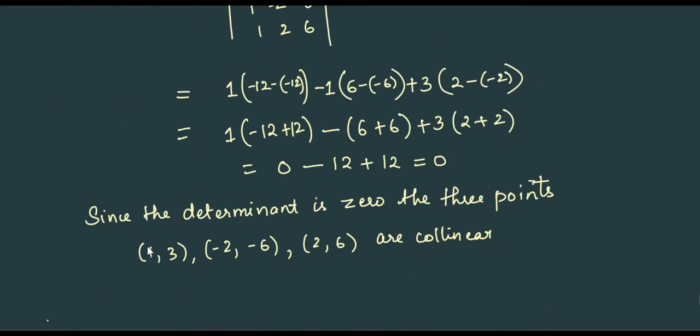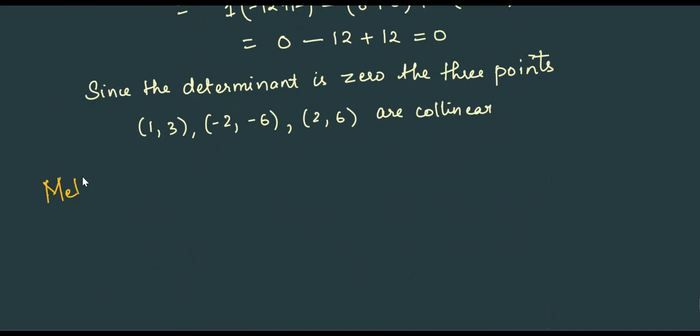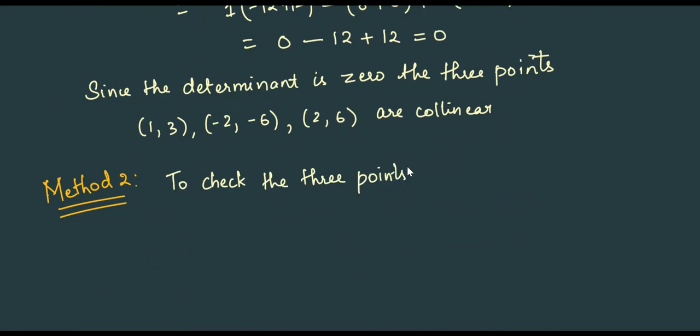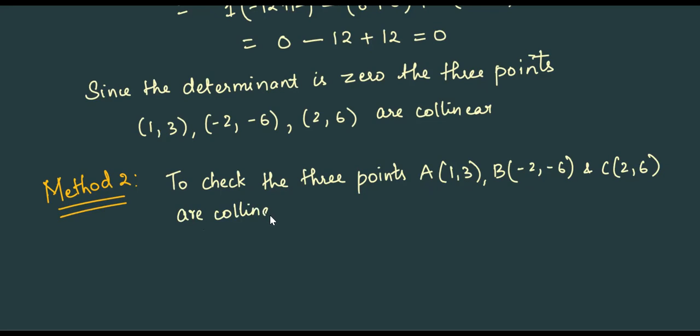Now method 2. Okay, to check the 3 points, say A (1, 3), we are naming the points now, B (minus 2, minus 6), and C (2, 6). To check the 3 points A, B, and C are collinear, verify that